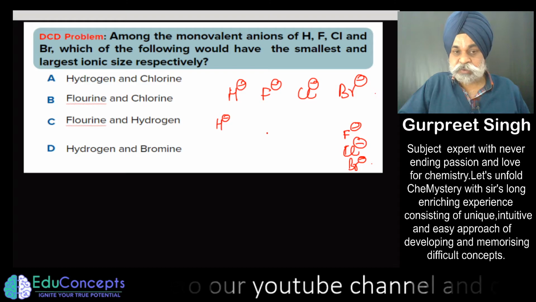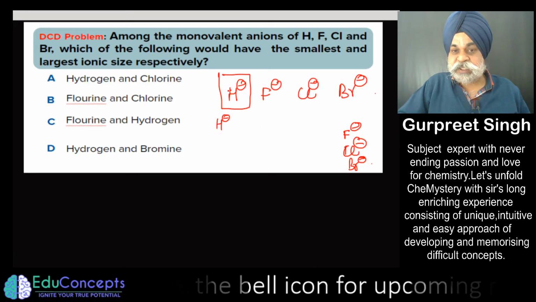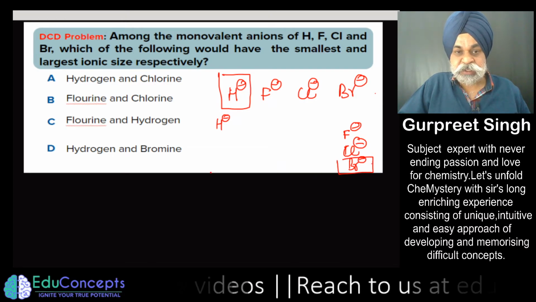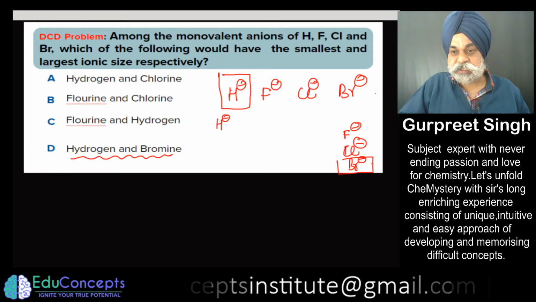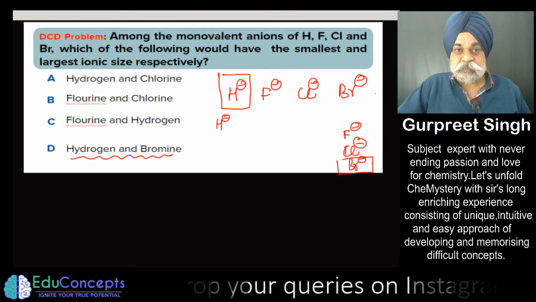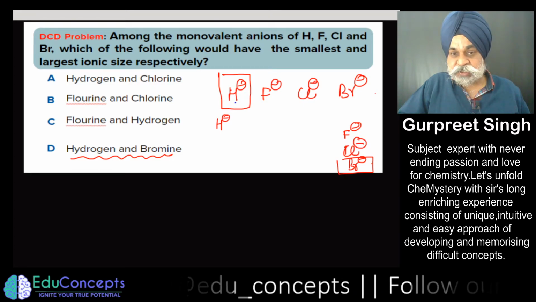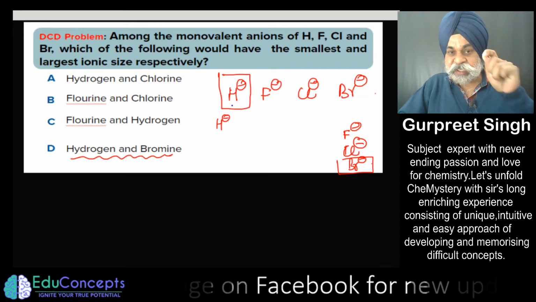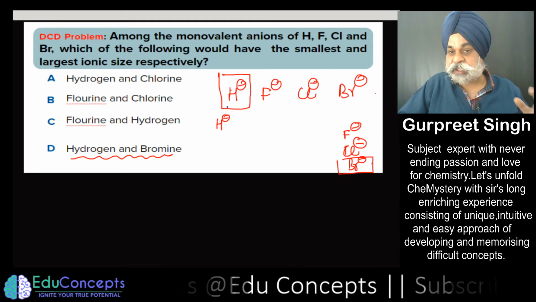So knowingly or unknowingly we happen to go across hydrogen. Hydrogen feels like it would have the smallest size, and bromide would have the biggest size. So hydrogen and bromine are also given here, and it seems the answer to this question has to be D1. But no. As soon as you add an electron to hydrogen, hydrogen is the only element where the electron to proton ratio in the H negative species is 2, which generally would not be seen in any other element.